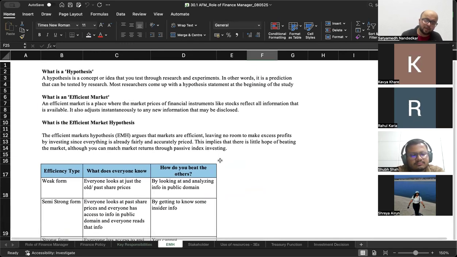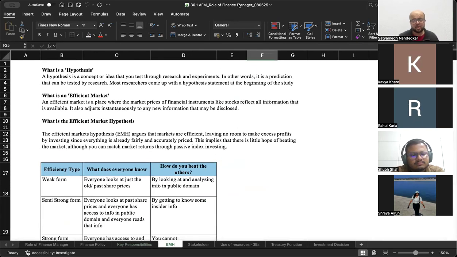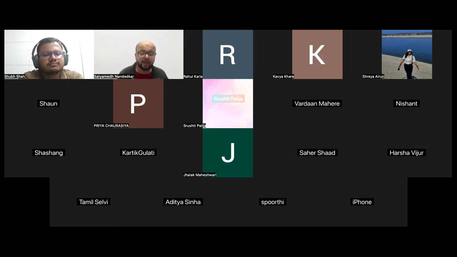Okay. Let's talk about a key concept in financial management, which is efficient market hypothesis. The idea behind efficient market hypothesis is that shareholders, or basically investors in general, are rational people. That means they take decisions regarding investing or selling in shares based on all the information that is available in the public domain. Ideally, when you and I invest in the stock market,